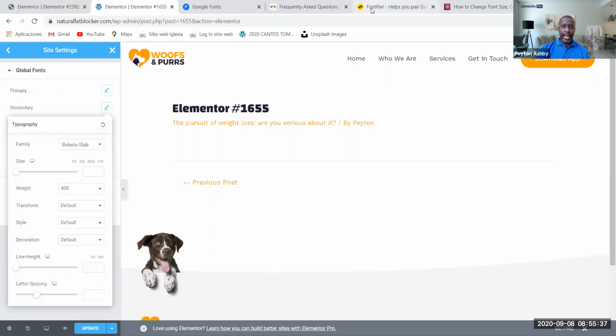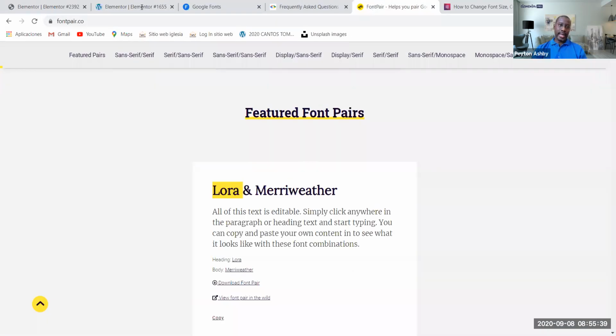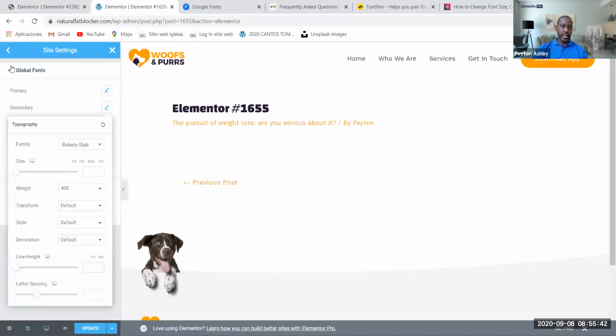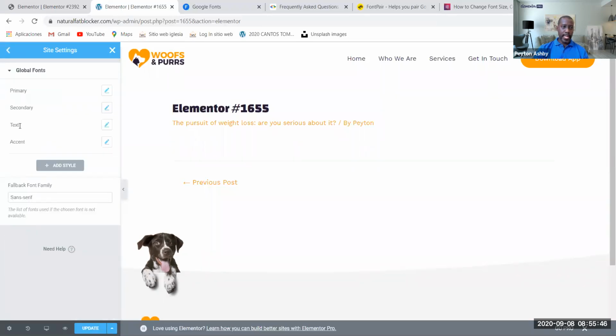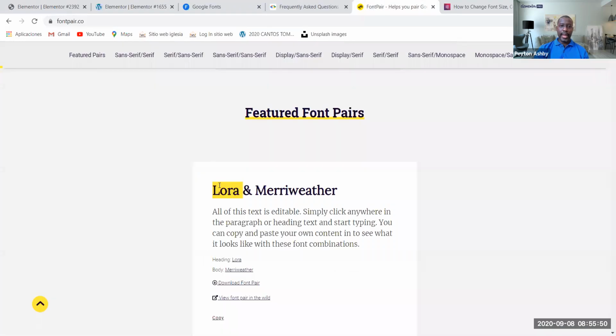Okay, so my secondary, let me just come back here to see global fonts. Okay, let's just choose that the primary and secondary header will be Lora, and then the body will be this one, Merriweather. So I'm just going to copy this here,